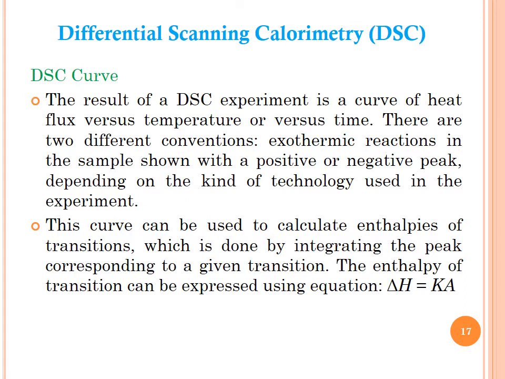As a result of DSC analysis, we get data in the form of a graph. That graph is called the DSC curve. The result of a DSC experiment is a curve of heat flux versus temperature or time. There are two different conventions: exothermic reactions in the sample are shown with a positive or negative peak depending upon the kind of technology used in the experiment. This curve can be used to calculate the enthalpy of the transitions, which is done by integrating the peak corresponding to a given transition. Enthalpy of transition can be expressed using the equation delta H is equal to KA,